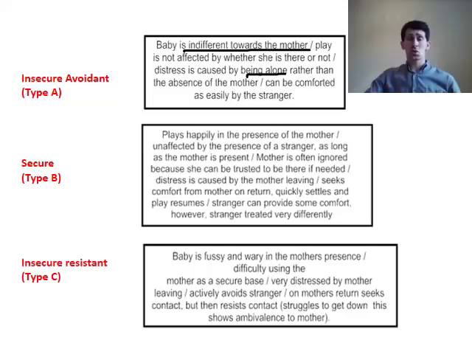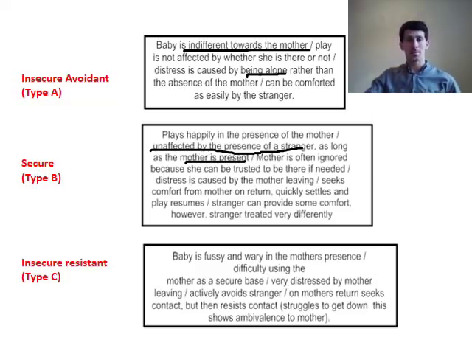Type B is our secure attachment, which the majority of the population are. And these can play happily in the presence of the mother. They're unaffected by the presence of a stranger as long as the mother is present. As long as the mother's there, they're fine with strangers. The mother's often ignored because they're trusted. The child trusts the mother to be in the room. If the child needs them, the mother will come